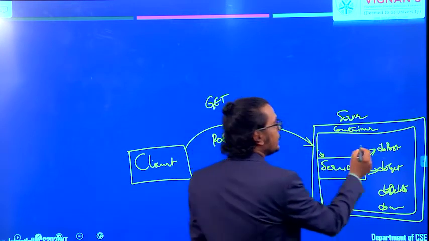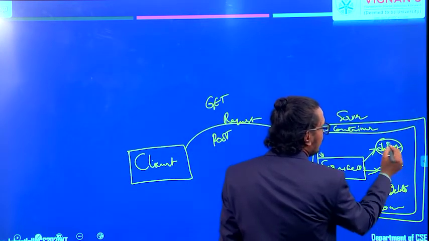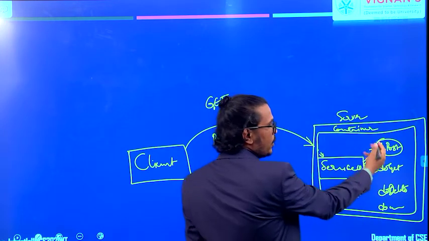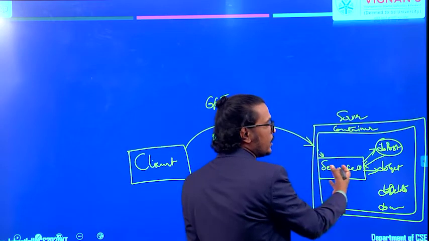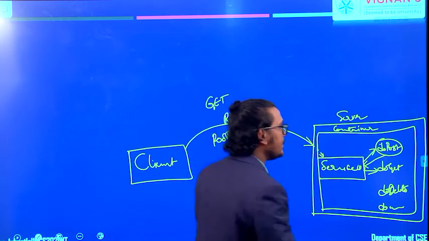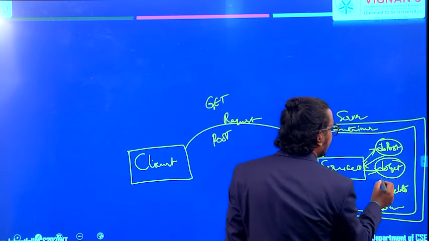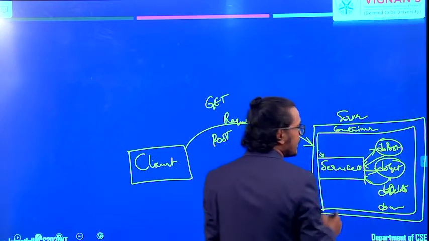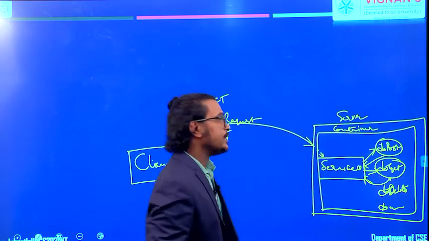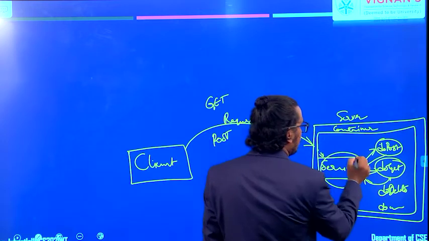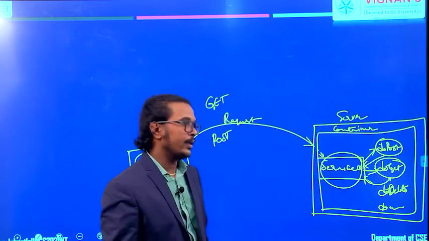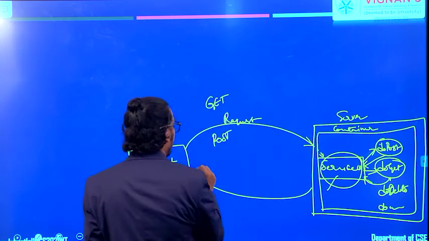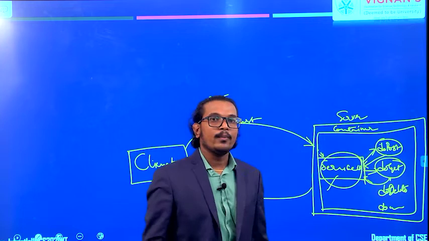The get method and post method will take that request, process it, and give some response back to the service method. Similarly, the doGet method also takes that information, processes it, and gives a response back to the service method. The service method will take that information and dispatch it to the client machine.